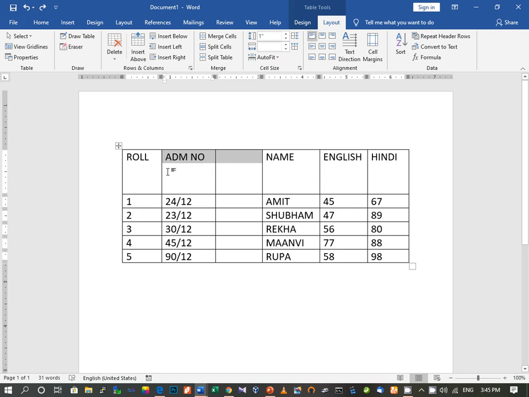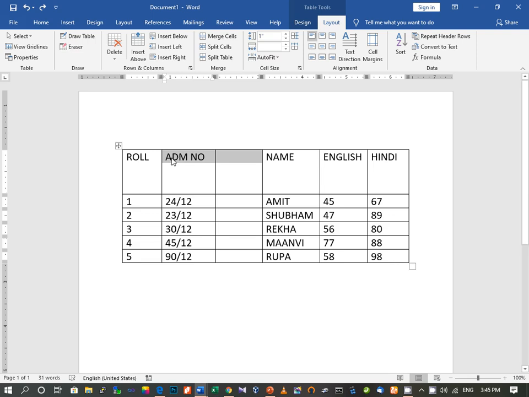Now I will teach you how to split cells or split columns. Suppose you want to split this particular cell, which is admission number, into two parts: the admission number and the year when you got the admission.